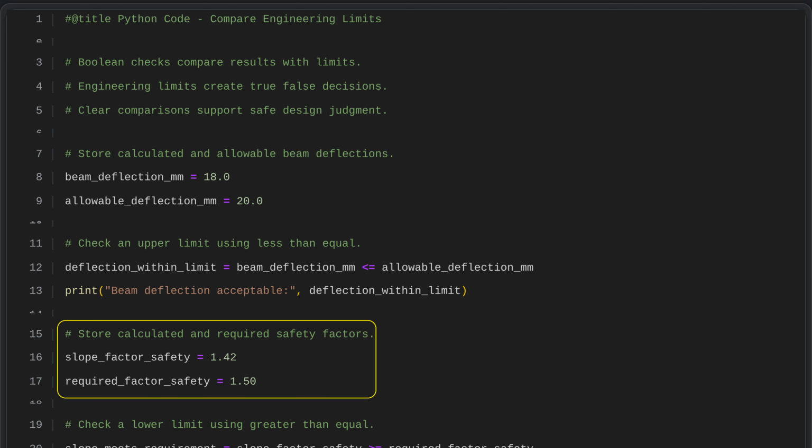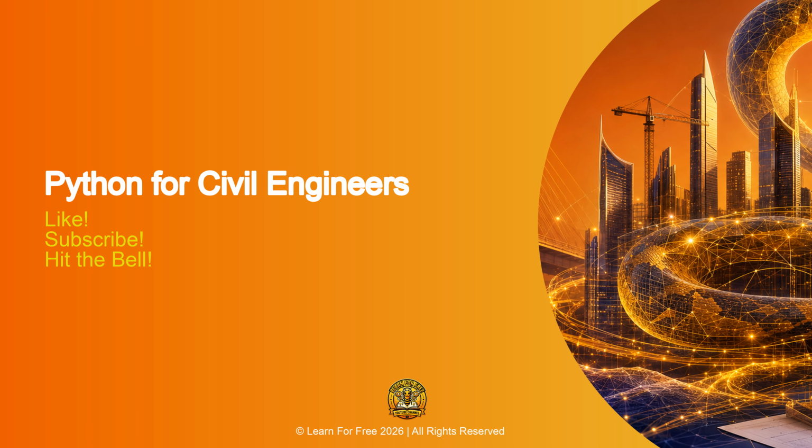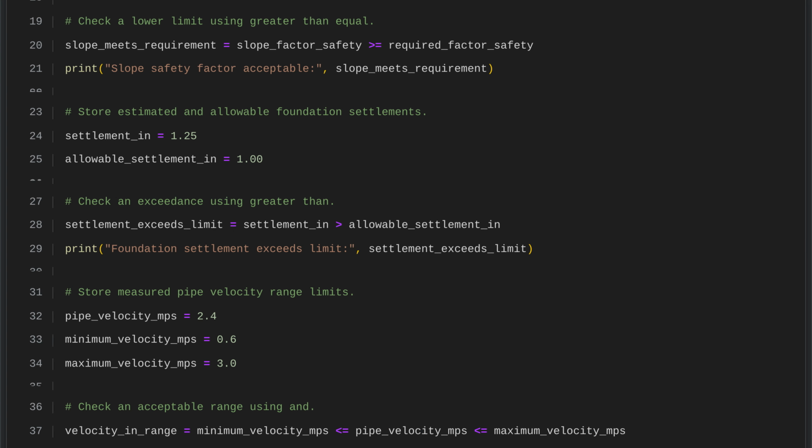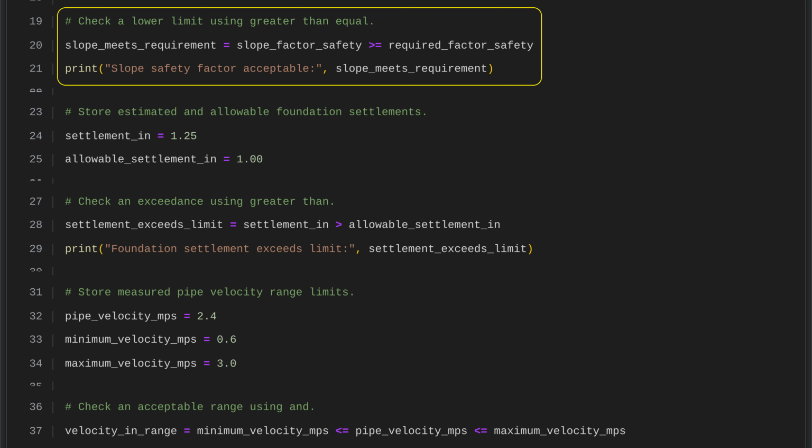The slope's calculated safety factor is 1.42, while the required minimum is 1.50. These two values are stored so they can be compared to determine whether the slope meets the required stability standard. Check slope safety by comparing the current factor of safety with the required minimum. If the current value is at least as high as the requirement, the slope is considered acceptable, and the result